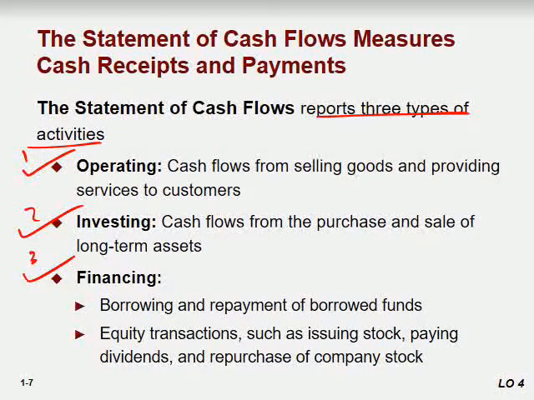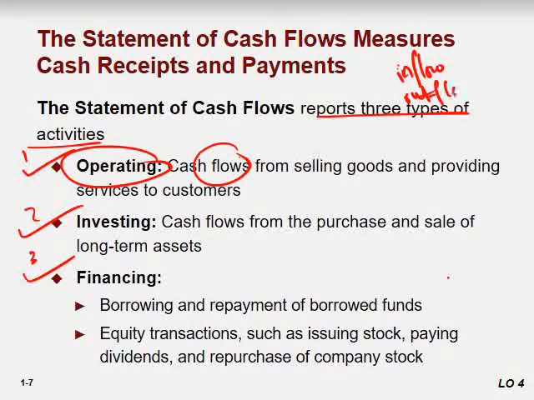So operating means how much cash is coming and going out from your business through operations. So cash flows from selling goods and providing services to customers, which means how much cash is coming, which is inflow, and how much is going out, which is outflow from your business operation. You purchase raw material, you convert it, and when you convert it, you have to pay rent, you have to pay salaries, right? And then you sell to the customers, you receive sale revenue. This all belongs to operating